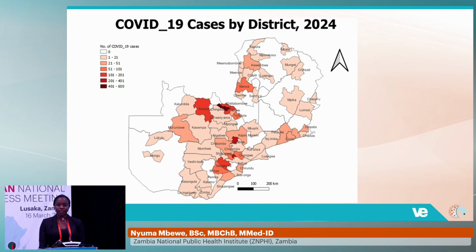One of the things that I've been asking, and I know Dr. Nyambe spoke on it in the morning, is why are we still talking about COVID? Particularly for me coming as a cholera coordinator, I think it's really important for us to know the lessons that we learned in COVID are some of the lessons we're taking in other diseases such as cholera, but also the fact that we still have COVID across the country. Yes, not as severe, but we do have COVID, and hence the importance of us understanding how to treat the